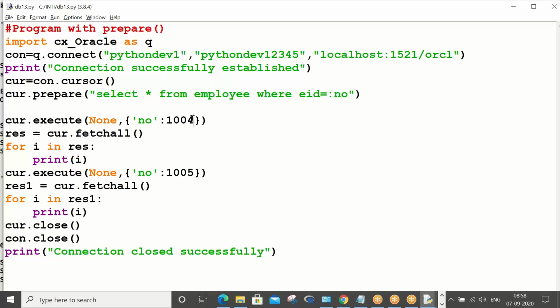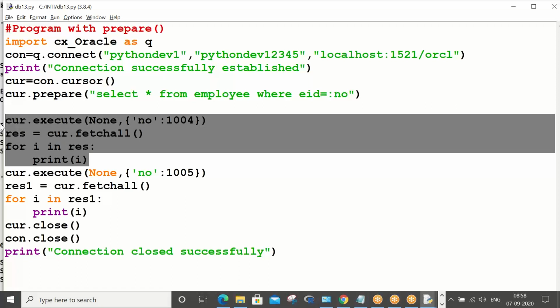Earlier when I passed 103, that is not there, so none goes and sits in the EID, and it will not do any operation. So that's the reason you have not seen any output of these lines.